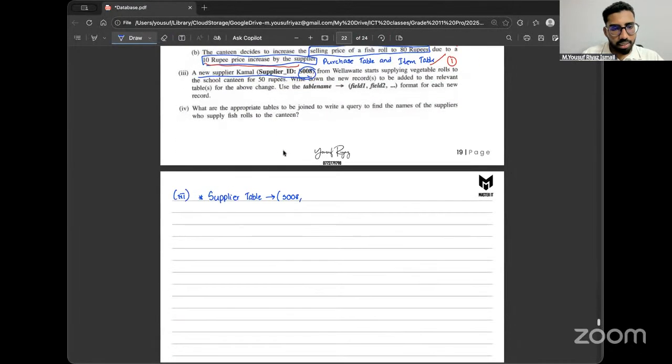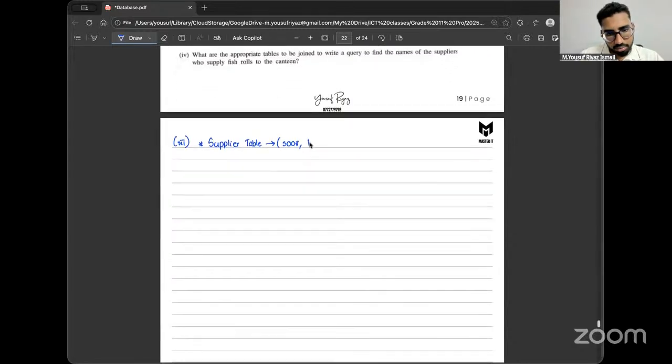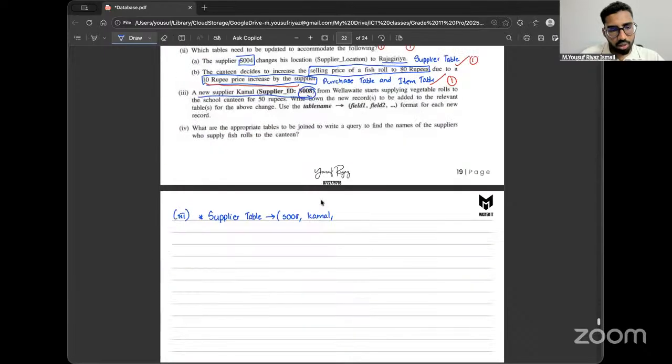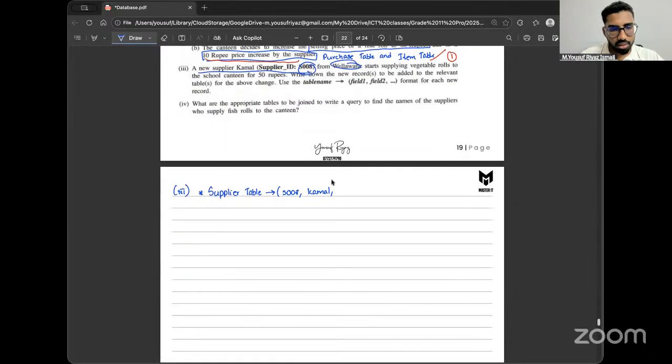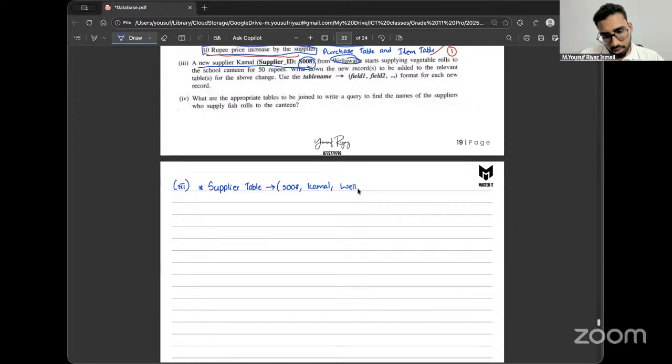Second field has supplier name. So here the supplier's name is Kamal. And the third field has a value, supply location. Here they have mentioned the location as Vellavatta. So I'm going to mention Vellavatta. Then,